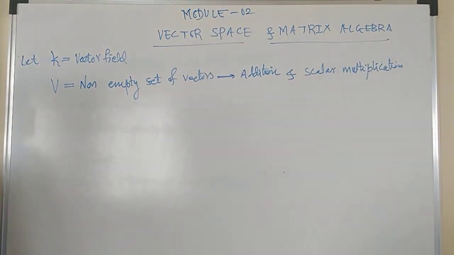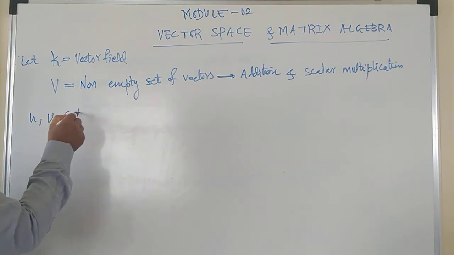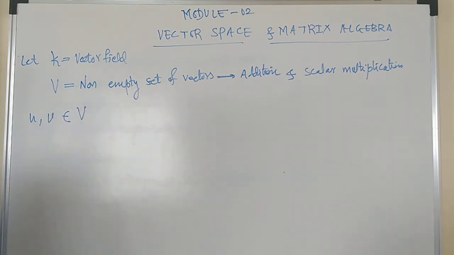Suppose small u and small v are elements of the set of vectors capital V,